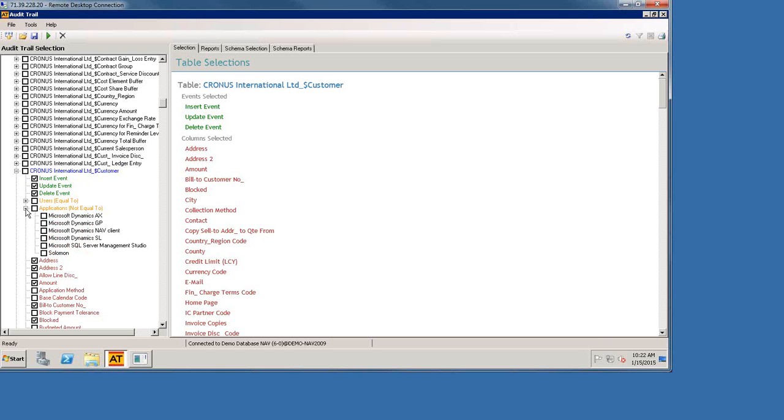So for example, let's say the customer table is updated nightly from a process from Scribe, or eConnect, or some other routine that's taking customers out of one database and putting them into Dynamics NAV. And you're okay with those customers because those customers are audited at the actual entry point, at that original database. And the routine that runs isn't adding any additional information that's coming from the database. It's really just simply moving them over.